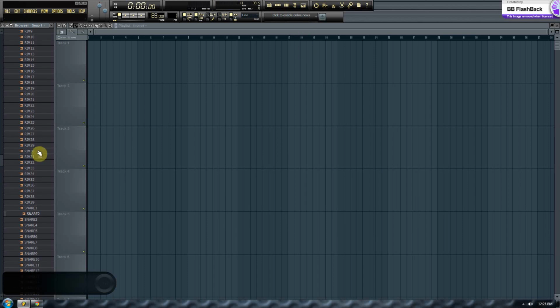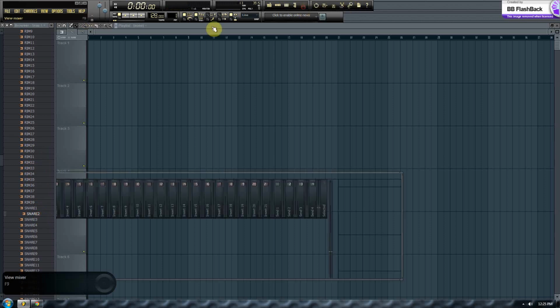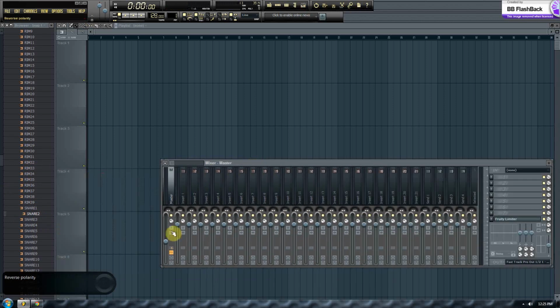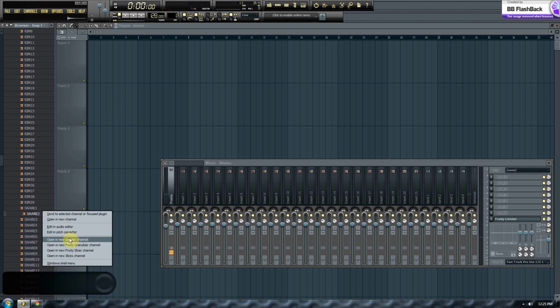So first thing you're going to want to do is find a good sounding snare drum, and in this case I already found one. Let me turn that up a little bit. So something snappy, something with a short attack and short tail, something like this. So go ahead and load that onto your sampler. So right click, open a new sampler channel,